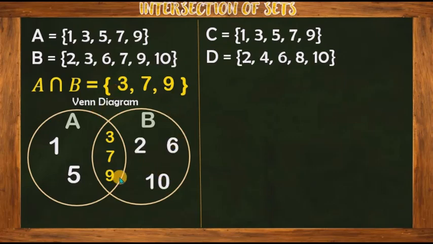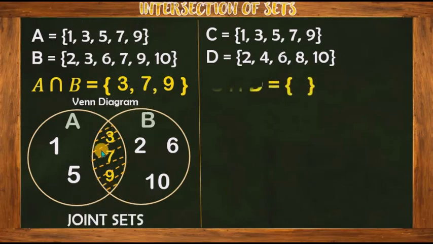And again, if we are looking for the intersection and you are asked to shade it, what part of the Venn diagram are you going to shade? Of course, this one, the middle part, because this is where they overlap. And this is the intersection of set A and set B. Okay? So let's try